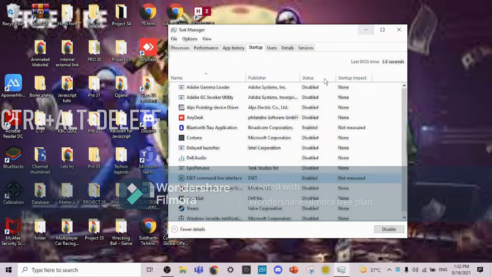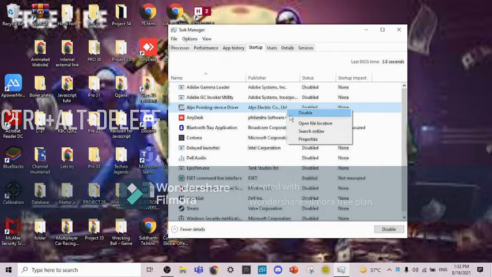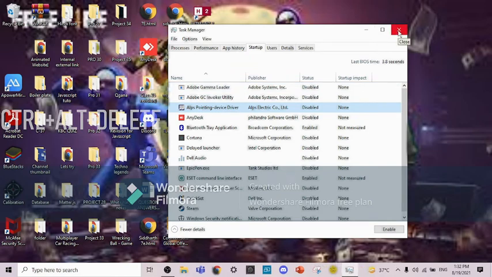So now my laptop works fast. So guys, here you can see if this is my app I can enable it, you can see it is enabled, and if I want to disable I can also disable it. So I can cross it now. I hope this will make your PC faster, and this will always prevent it from lagging.